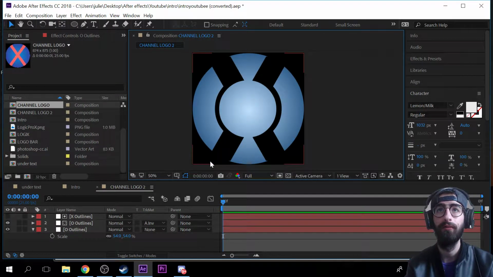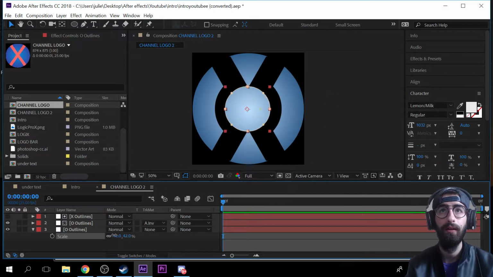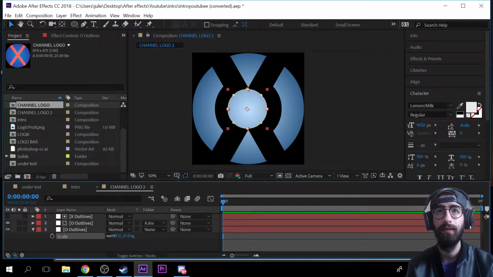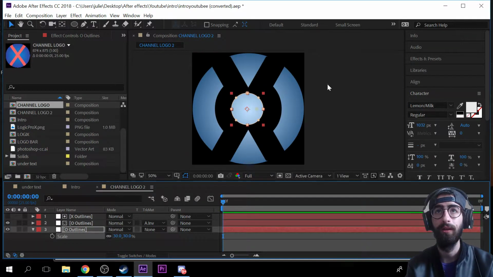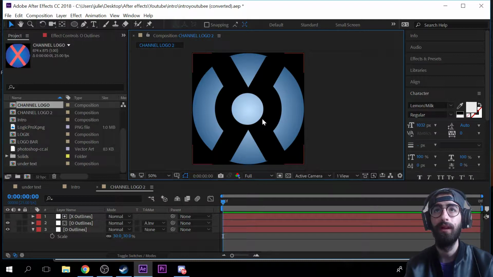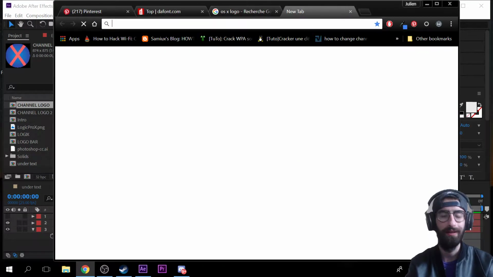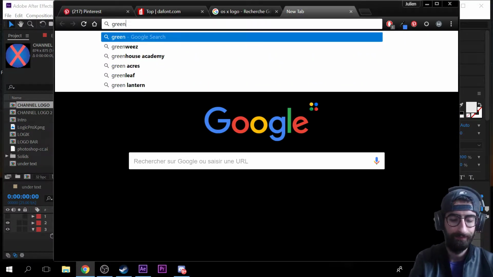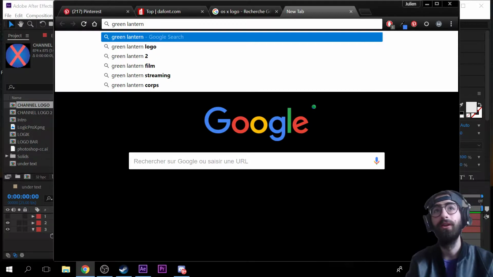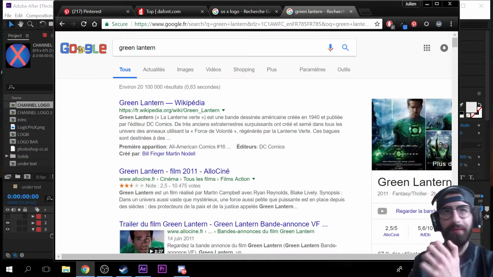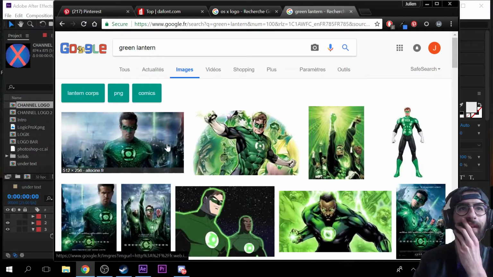boom, I want it to be like this, really in the middle of the frame, kind of like this, and have a logo look. Oh, this is, oh shit, I know what I'm doing. Let me check. So if you feel like a logo is too close to something else, it's time to change. And